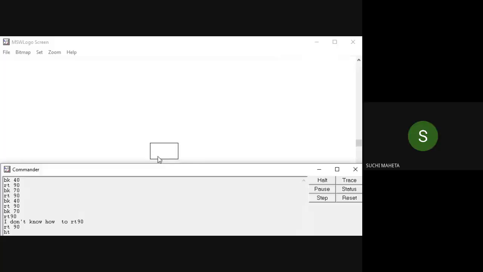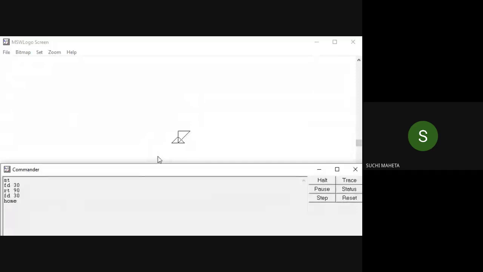Please take out your scale and draw it in the first box. Okay, please draw it. I'll wait for 1 minute. You can draw this rectangle in page number 71, the first empty box which is given to you. Okay, I've drawn a rectangle. To draw a rectangle, I have written all these commands: BK 40 RT 90, BK 70 RT 90, BK 40 RT 90. Right. So this set of commands is called a program. So this way you can draw a shape.